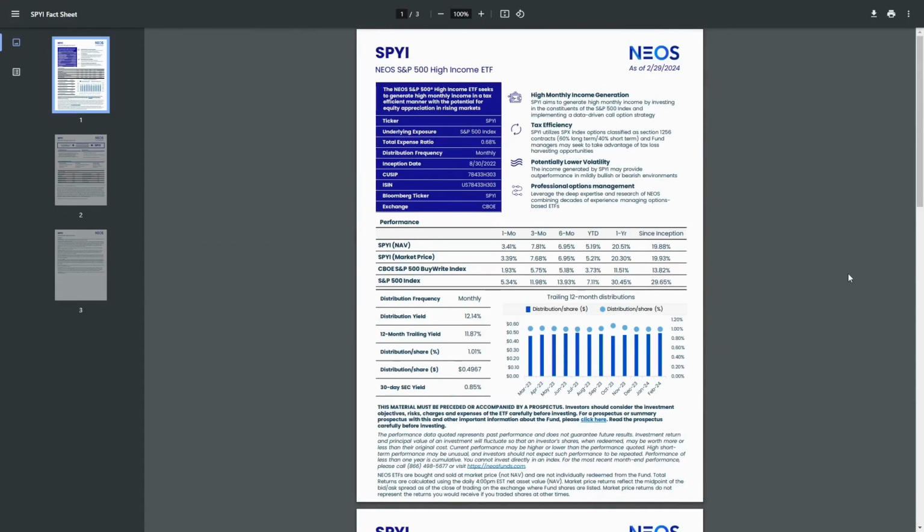If you're not reinvesting dividends, you drop down a little bit for both, but still a pretty decent DRIP calculation. I'm curious to see what this one's going to look like in 5 to 10 years with the DRIP calculator, but only time will tell. After looking around on the website for NEOS, which is the company that runs the S&P